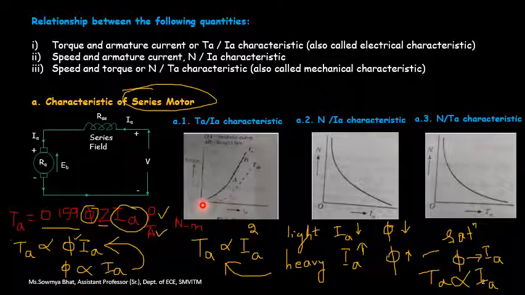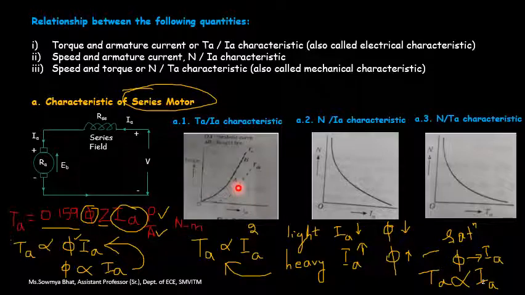As the armature current goes on increasing, under the heavy loads, we have seen that the armature current is going to increase. So the torque value is in direct proportionality with the square of the armature current. Unless and until a particular saturation point is reached, the curve is going to have a parabolic increase. So from 0 till a point A, it is a parabolic increase in the